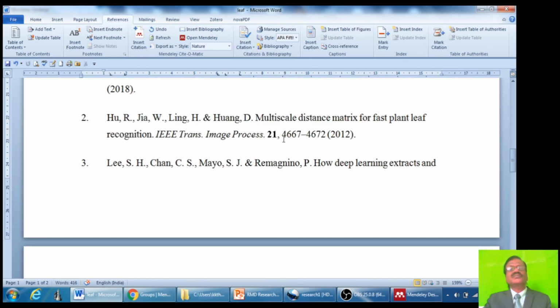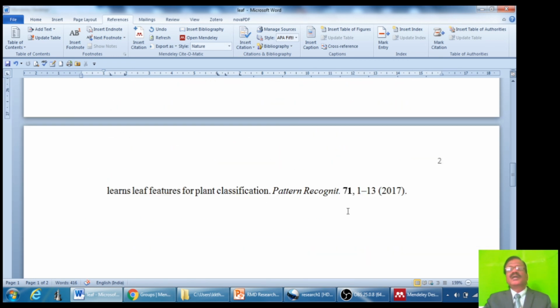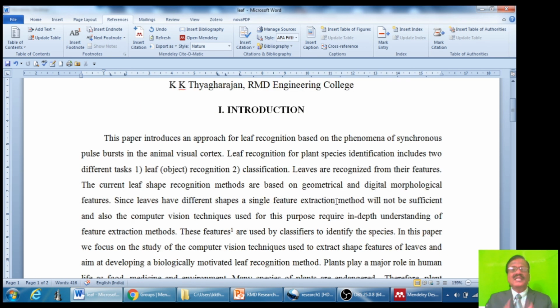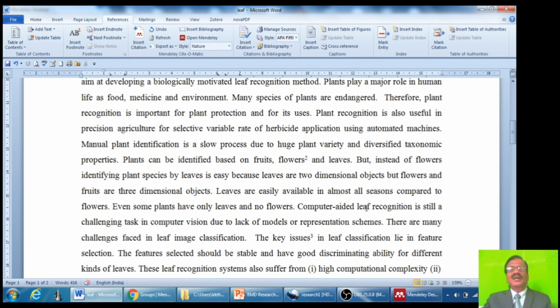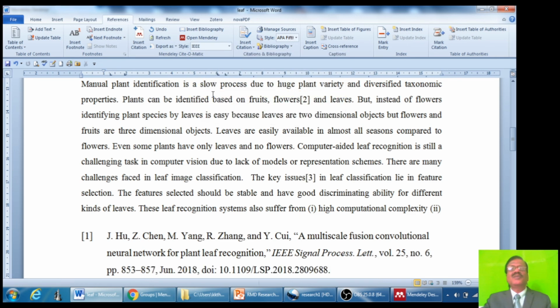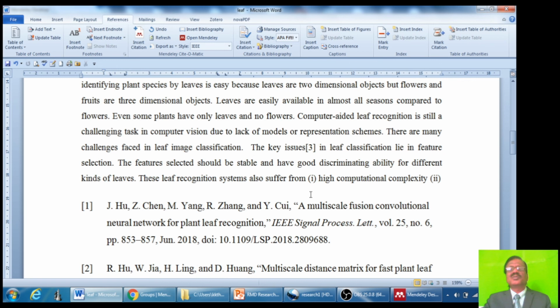So you see, this is the reference section. So you can easily change the reference style if you want to submit to different journals. In addition to that, after writing the paper, you may be thinking that it will be better if you move. Anyway, I will choose again IEEE format. It will be easy. It is visible. So now 3 is here.